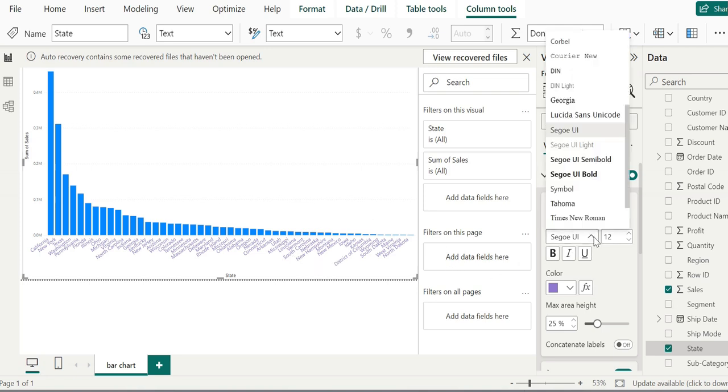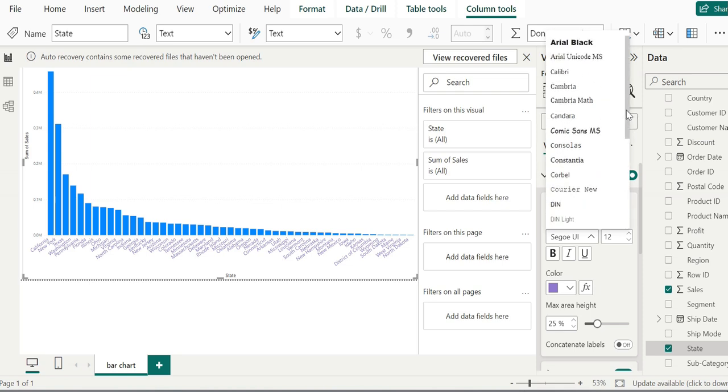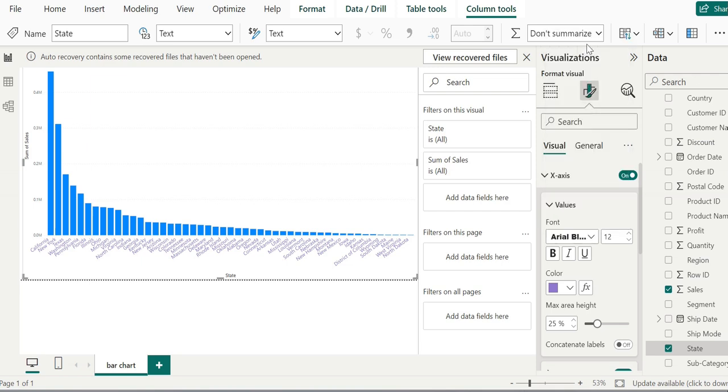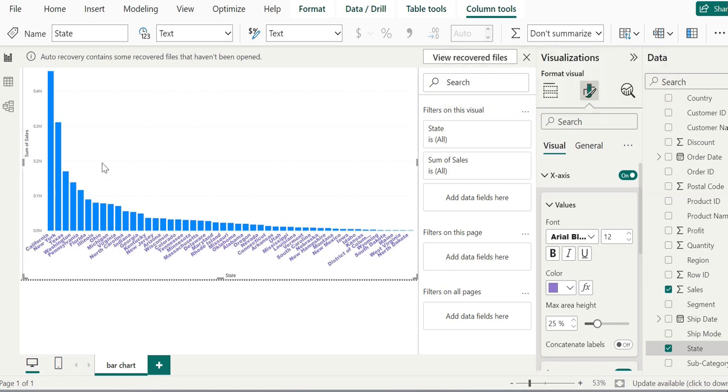Let's change some more things. We can change the font, whichever kind of font we really want. We want Arial. So we have changed it, and we can see it's showing a better kind of visualization. If we feel bars are a little close together, we can set the minimum category width slider to make each bar appear more prominently.